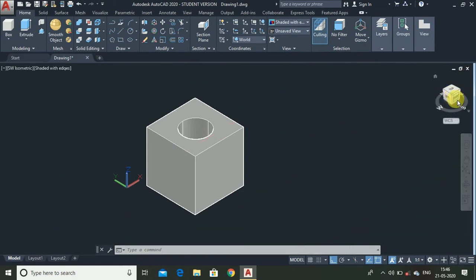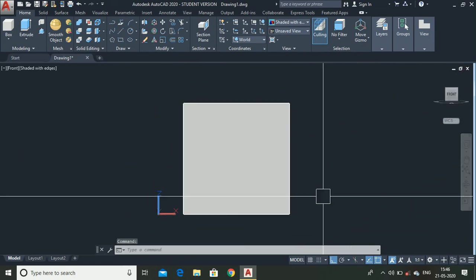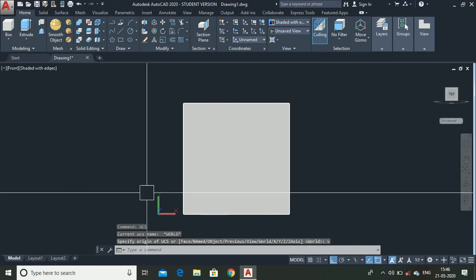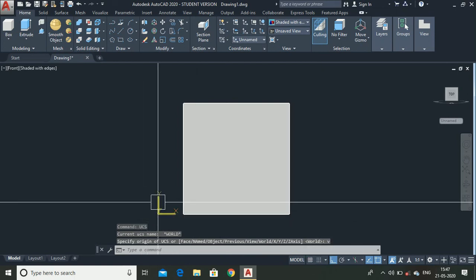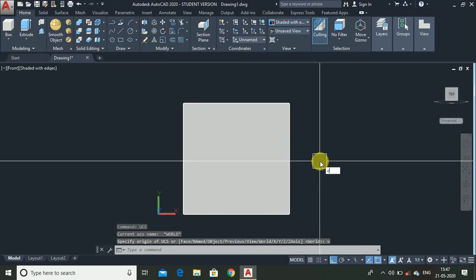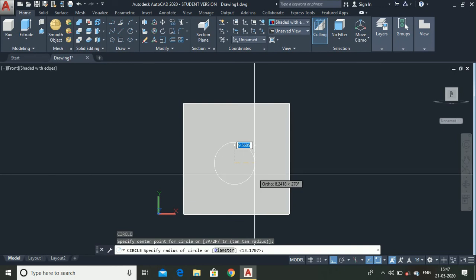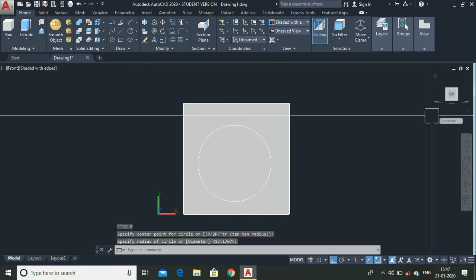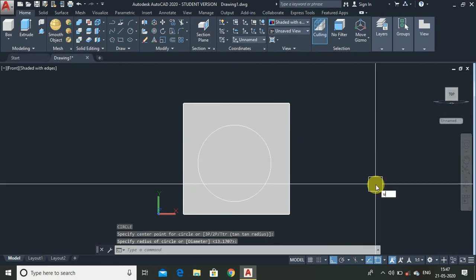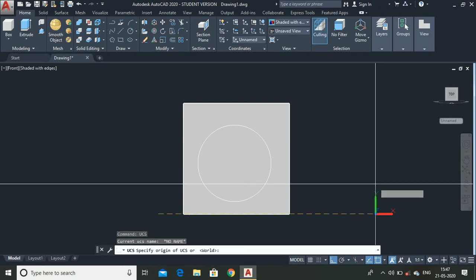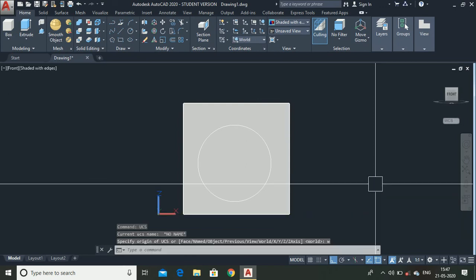Simply go to the front view and type UCS, then type view. For that type V, press enter. Now you can see the X in this direction and the Y in this direction. Now you can also draw in this plane. Now again go to UCS, then type world to restore its original position.